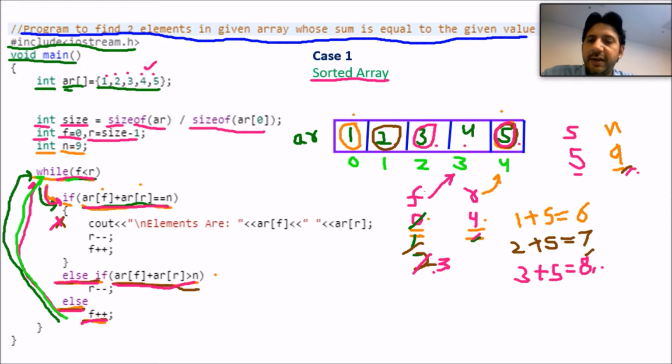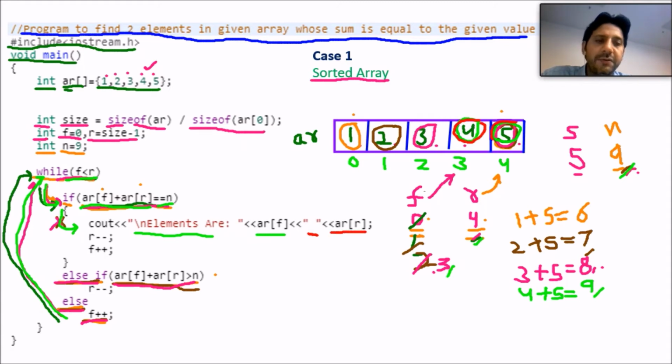Again it will check f less than r. 3 less than 4, true. Again it will come down. If ar[f] + ar[r], now ar[f] is 4 and ar[r] is 5, is equal to n. So 4 plus 5 is equal to 9. Is 9 equal to 9? Yes, true. So it will come down and print elements are ar[f], and ar[f] is 4, a space, then